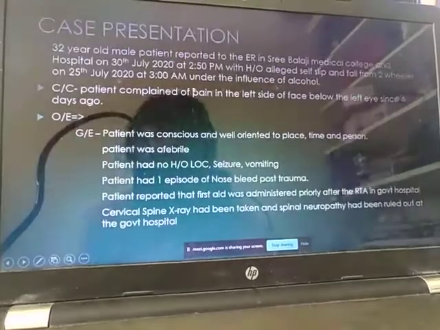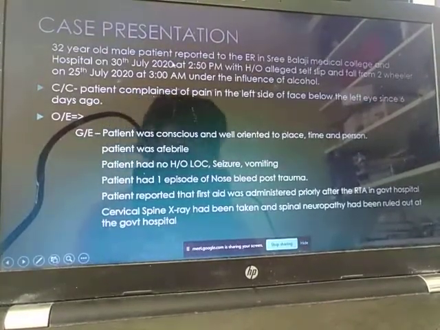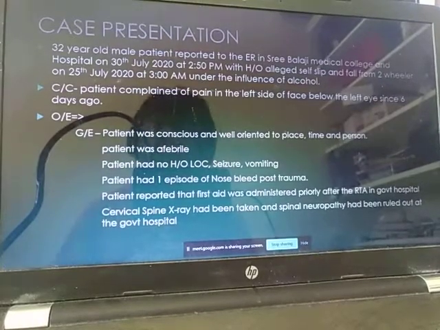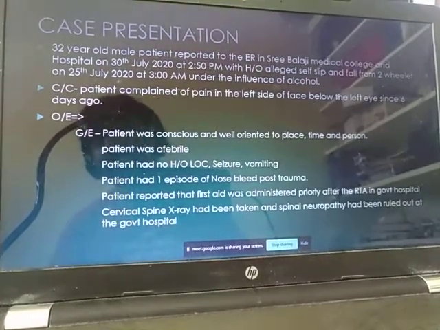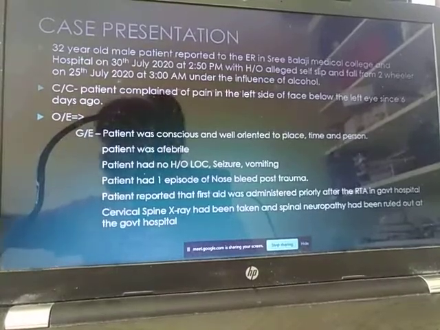stabilize it. So now coming to the case presentation, orbital floor fractures are pretty frequent cases in our hospital, but I have selected the most